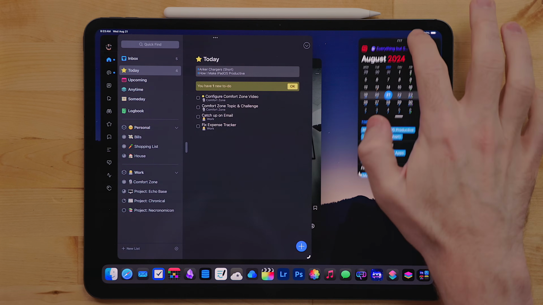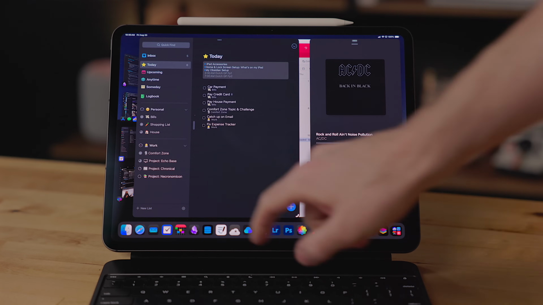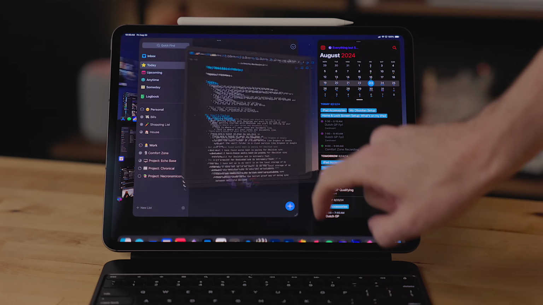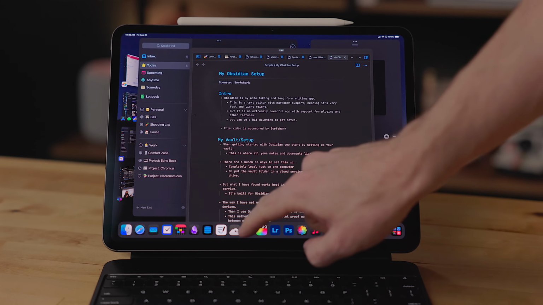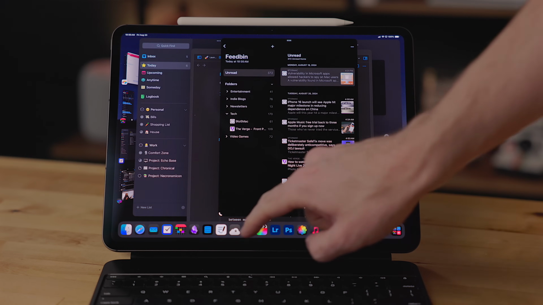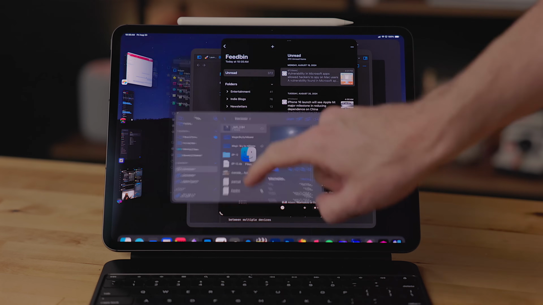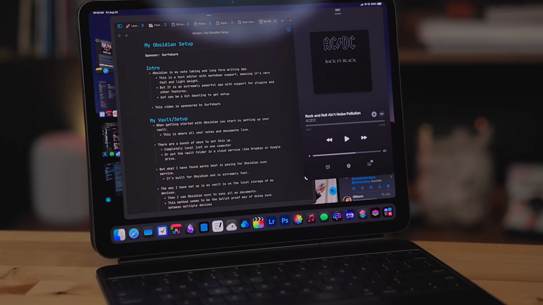But this is actually my biggest annoyance about iPadOS. This definitely feels like an artificial limit, especially considering the iPad Pro now has the M4 chip, and at the time of recording this, there are no Macs that have it, making it better and faster than all of the base Macs out there. I just wish this wasn't a limit. I don't see why this is a limit, but it is limited to 4 windows at a time. And I do say windows because if you open up another window from an app that you have open in that stage and you already have 4 windows in that app stage open,